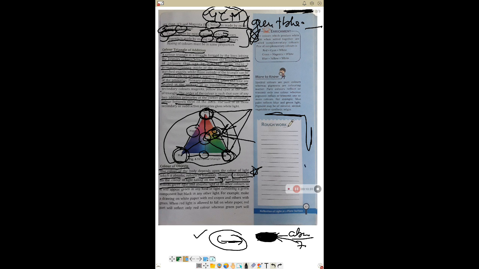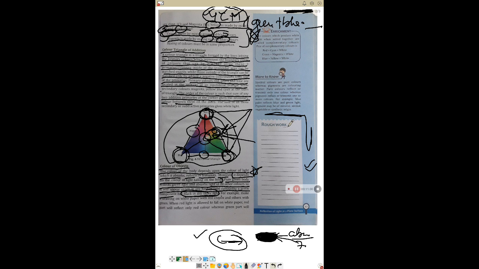So here you can see this as blue because this part of the screen is able to absorb all other colors except blue. यसले blue लाई मात्र के गर्दिन्छ? Reflect गर्दिन्छ. So that blue light now goes to our eye and we see the things as blue. So understand? So it will appear green in any kind of light containing a green component, but black in any other light. So remember,